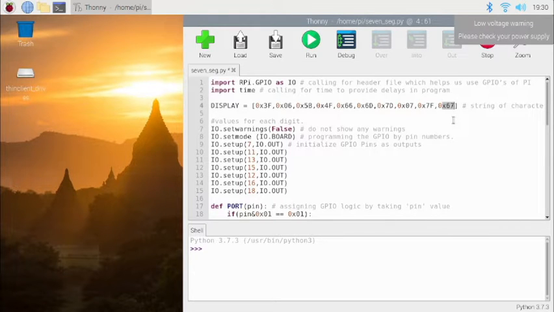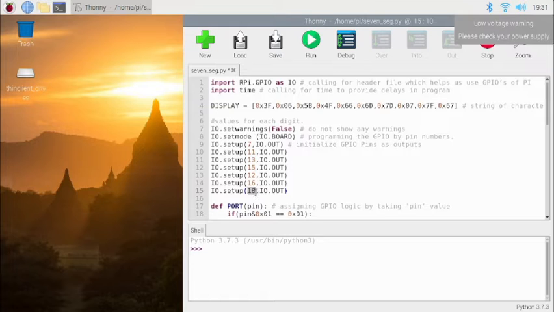Now here first we will identify a fixed number of pins on the Raspberry Pi board, right? So for connection purposes you have to identify particular pins. Let us say in the 7 segment we have A, B, C, D, E, F, G. So we will use the following pins: pin number 7, 11, 13, 15, 12, 16 and 18.